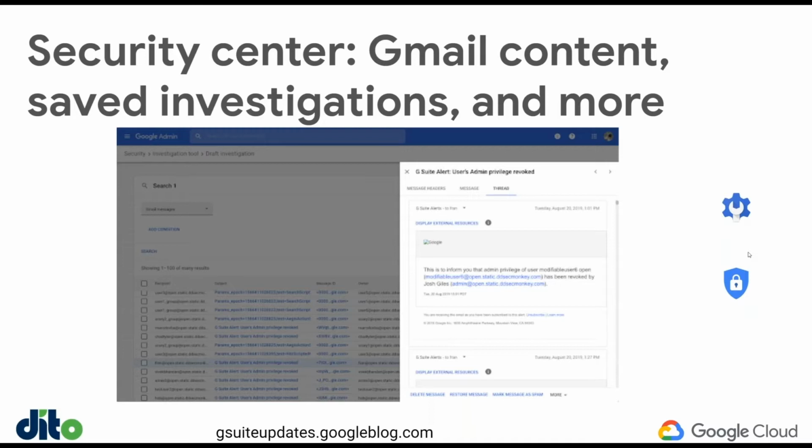Now, historically, I'm sure many of the admins out there have done this in the past. Investigations would typically be conducted in Google Vault. The reason you would use the investigation tool is that it actually gives you the ability to act on your user information directly from the search. So you run the search into the user information, you identify the message that you need to read, and then